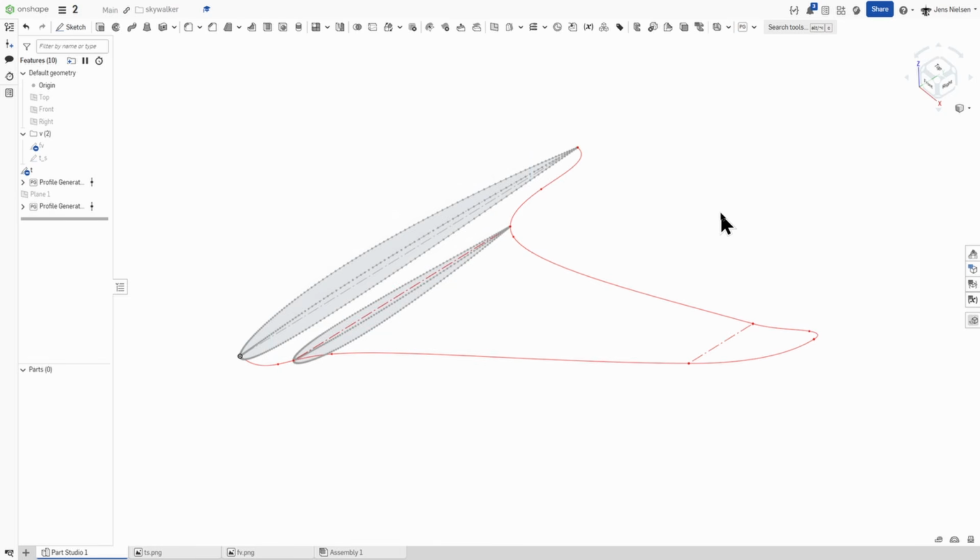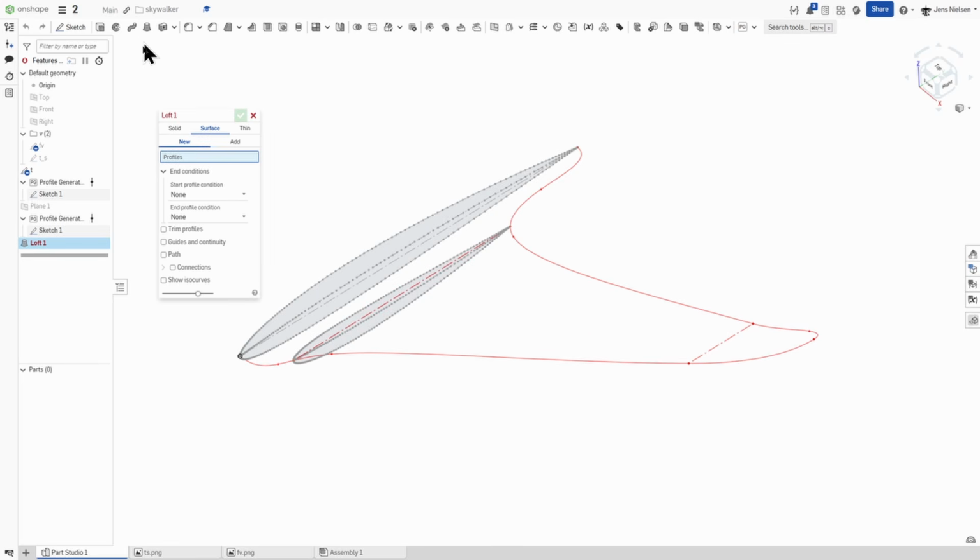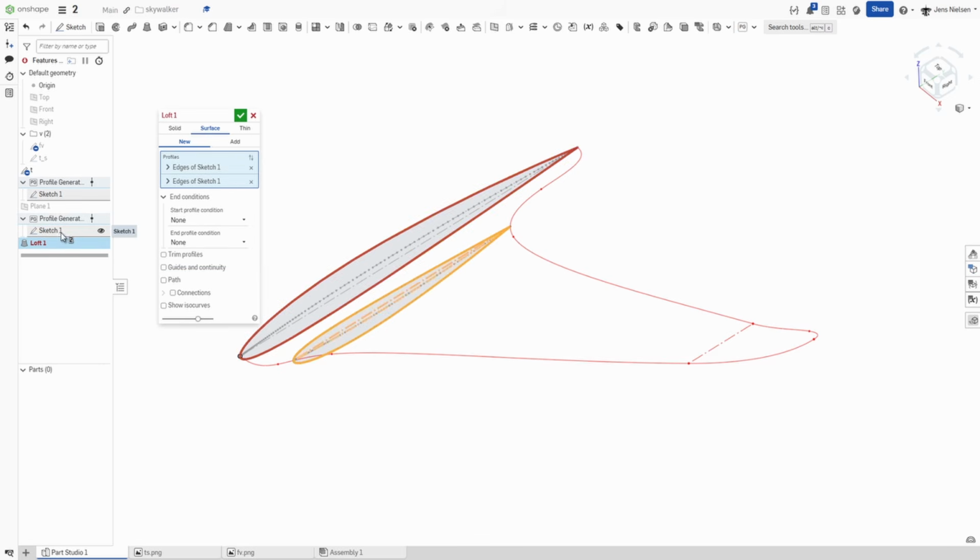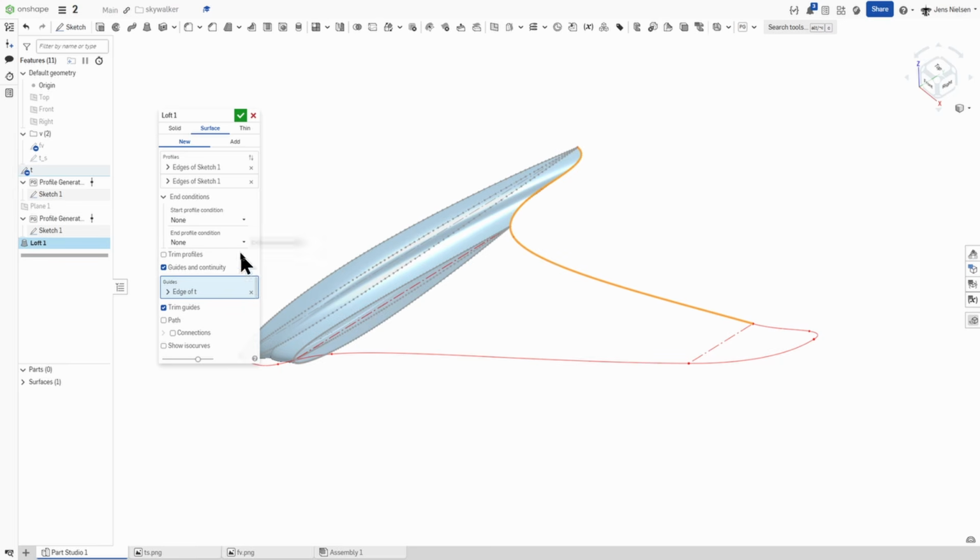So now I'm ready for my first loft. I'll just open and realize that there has been placed a sketch 1, again sketch 1. So I go into the command, take that sketch 1, take the other one. There is no preview, so we need to define more with this guide and this guide with the option trim guides. Okay,